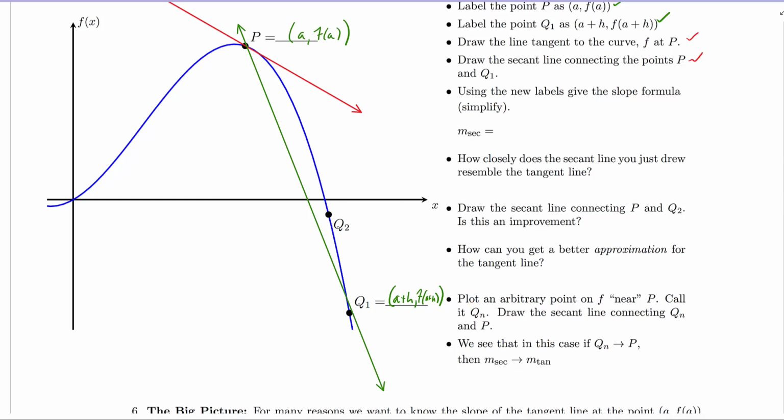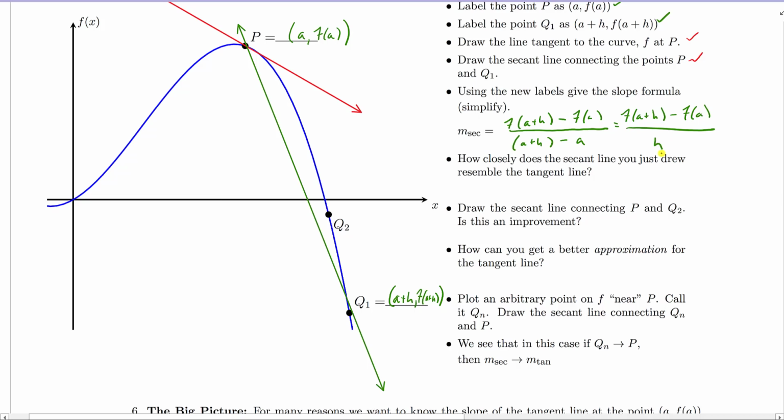So I'm still going to say that we've got f of A plus H, that's my y2 value, minus my y1 value, which is f of A, all over, and here I'll just write it for right now, A plus H minus A, but notice what happens to the 2 A's in the denominator. So I could go ahead and rewrite this as f of A plus H minus f of A all over